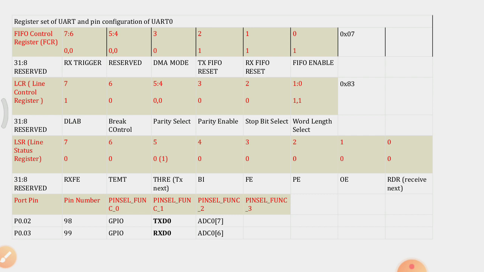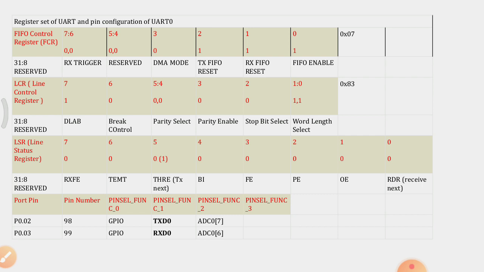Then another important register is the LSR, line status register. Basically this register is used for monitoring status. In the previous 8051 we had an IE register to enable and disable, and to monitor the status of interrupts we had some of the bits. Whenever any interrupt occurs, that bit automatically becomes 1.